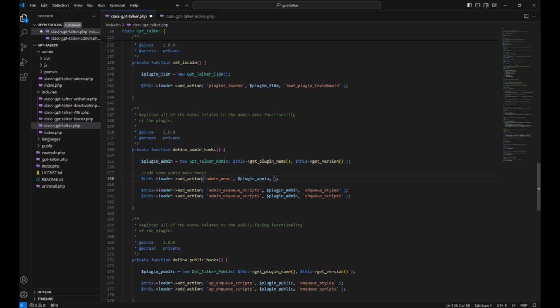And the code he's taking with him is, we're going to call it, we could call this whatever we want, but let's just call it add plugin settings menu. All right, so what we just did is add our own hook that's going to hook into the admin menu, and so